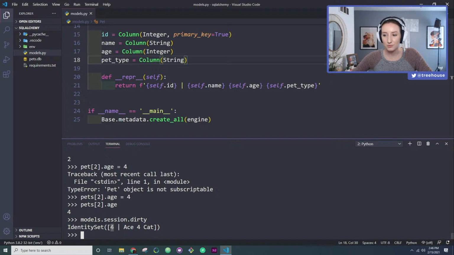So you can see right here, it's showing that ACE is, oh, sorry, that's the ID number. Showing here that ACE is now 4 instead of 2. So we made that change. But if we were to look in the database, that change is not pushed through to the database yet. You actually have to commit it so that it's all the way there tied together. So models.session.commit,